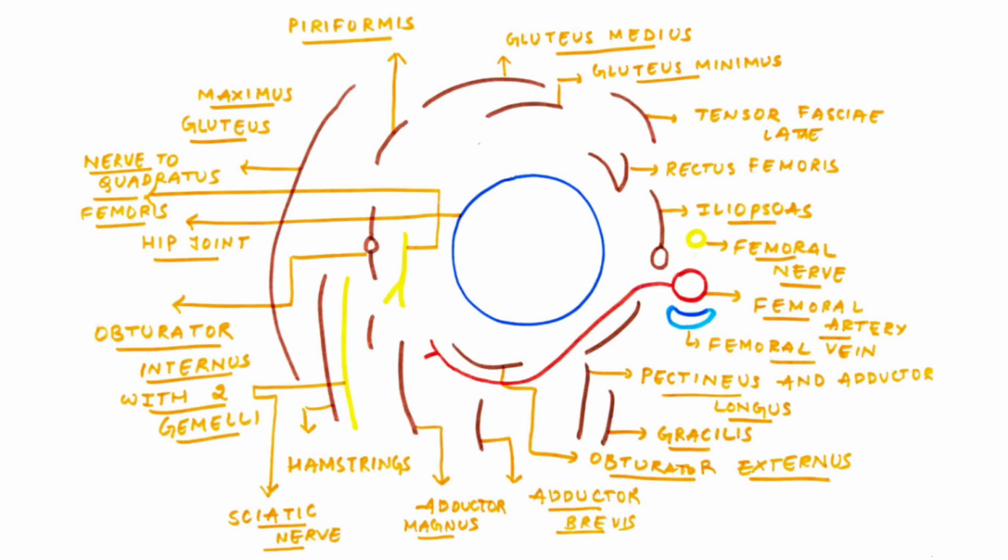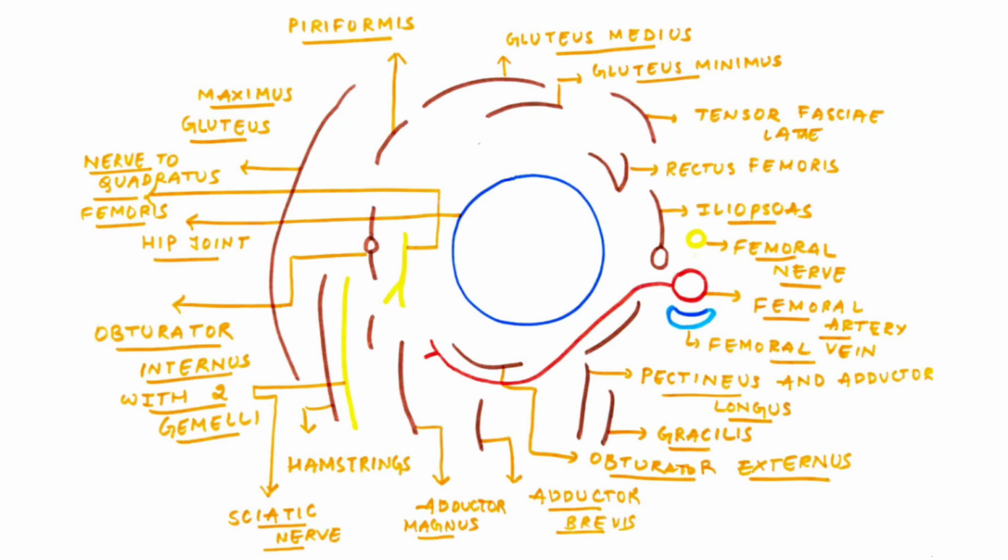So this was about the seven ligaments which are related to our hip joint. Now coming to the relations of the hip joint. Let us see different structures which are related. It is very obvious that since the hip joint is present in our body, some structures will be present in front of it, some structures will be present behind it, some structures will be present medially, and some structures will be present laterally.